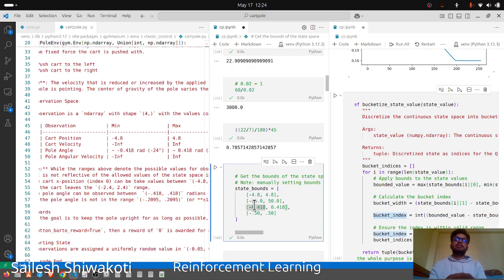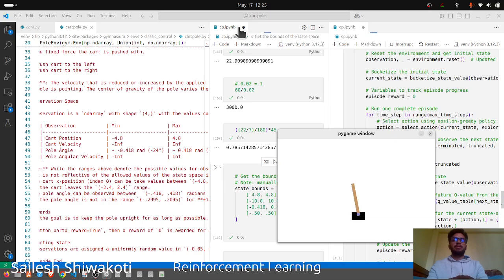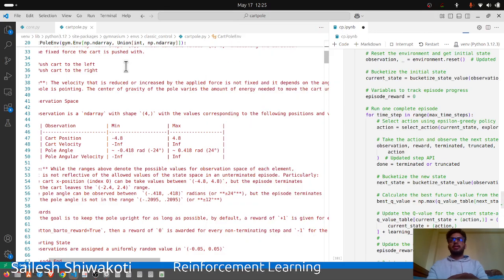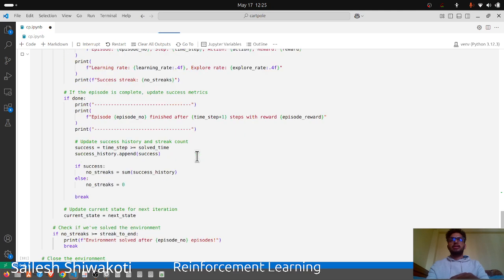So the cart position cannot be made some arbitrary number. Let's just say it is some predefined, pre-computed, heuristically set value, and we just define it over here like this. And now let's see how the streak progresses. We can close this, and we can see